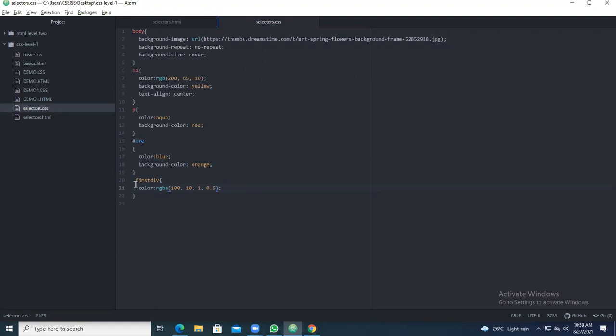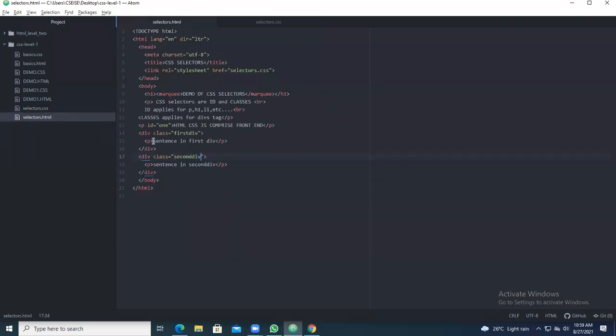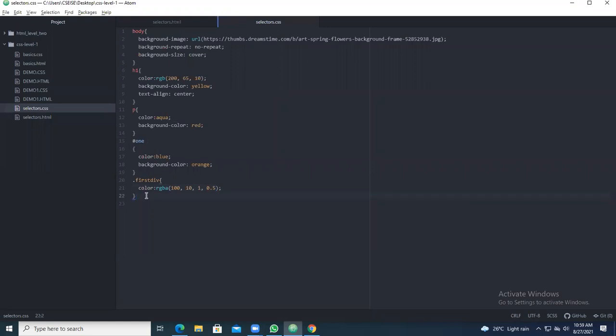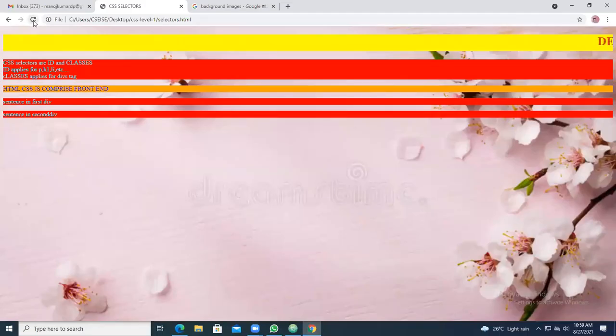So let's see the text color. Set text color of the first div. What is there in the first div? Sentence in the first div, what text color does it come? Save the content and refresh. Sentence in the first div, so it has not taken anything.